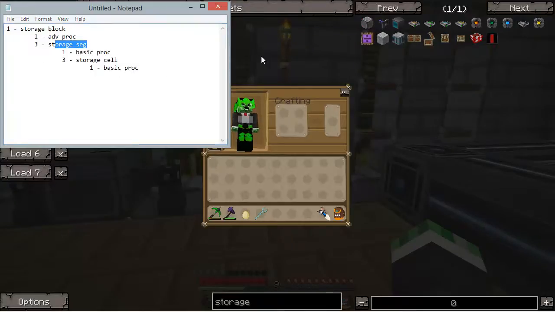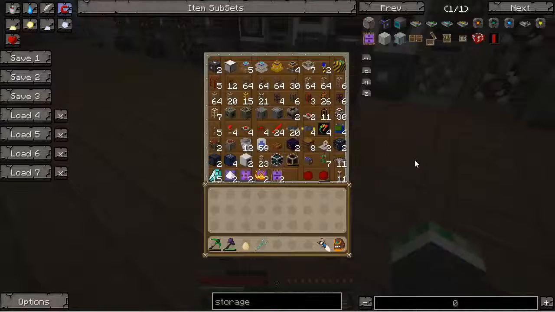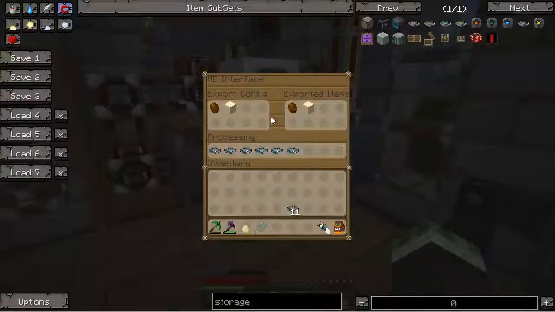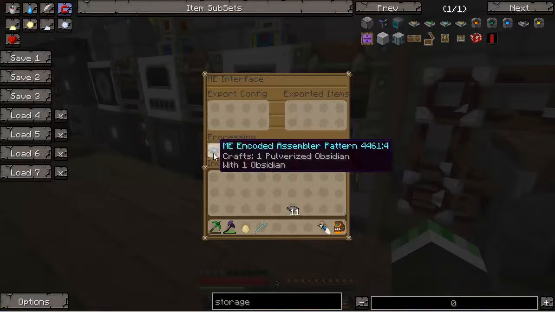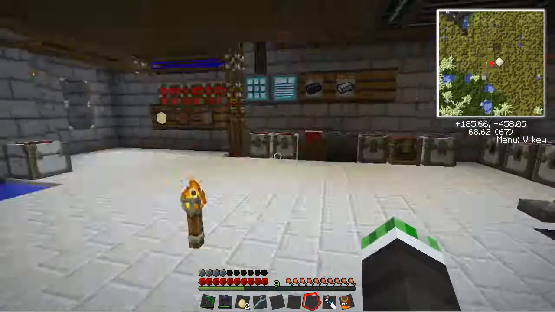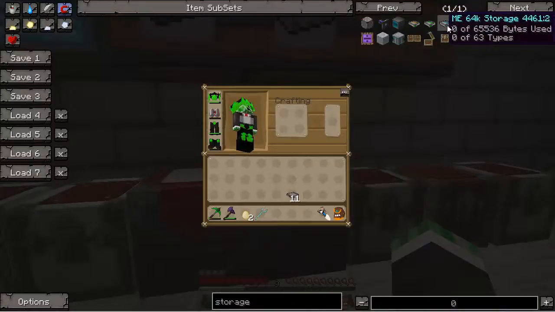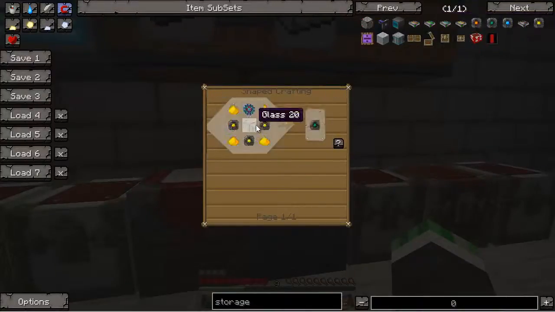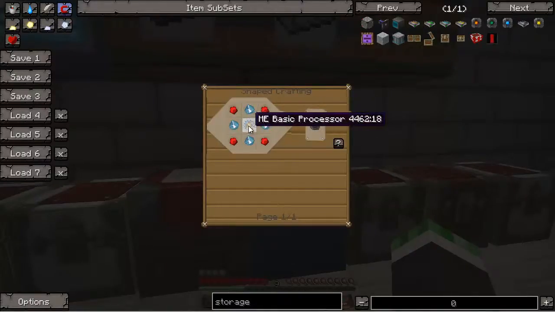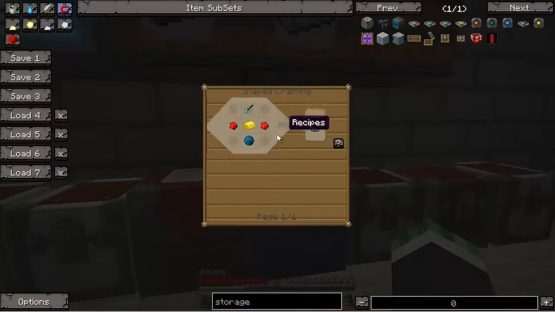So I'm actually going to start playing around with these, where are they? These guys here, these patterns, and not just in the creation of ore and creation of pulverized obsidian. We're actually going to use it to craft stuff. So first thing I'm going to do is look at crafting of the most basic of these storage cells, which is a basic processor, and the basic processor is used a lot in ME. So I'm going to go ahead and